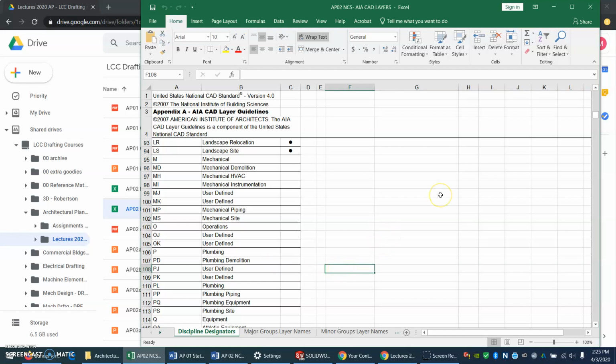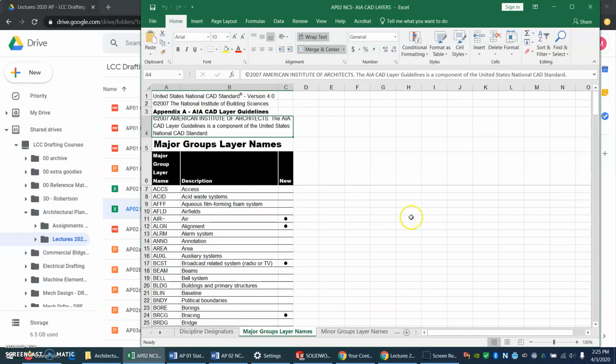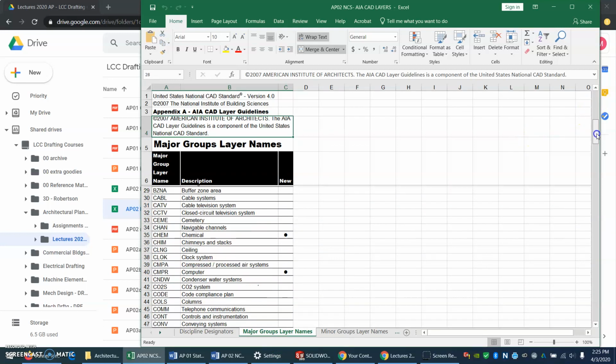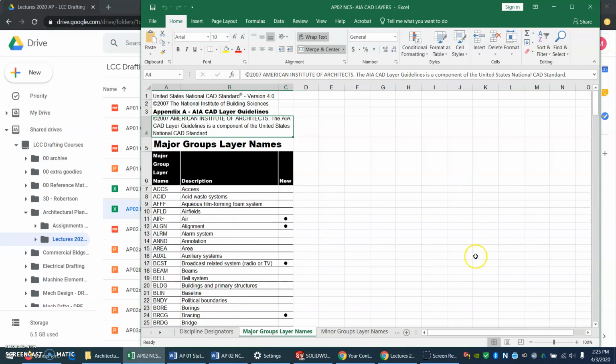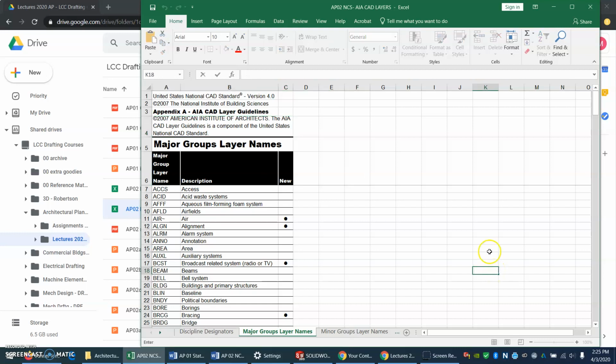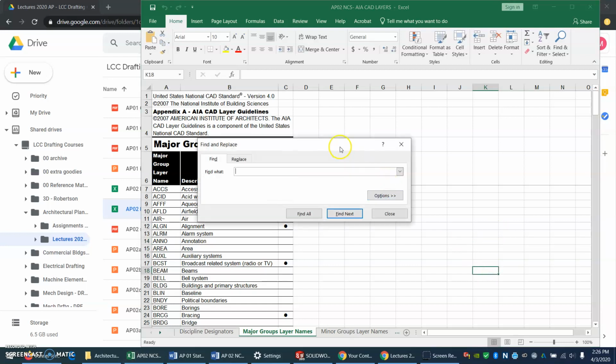Then if you want to look for what is the major group, is this a wall? Is this a door? What do I call it? Here's the major group, and this is a big old long list too. It just goes forever. May I suggest that if you know the name of a thing but you're not sure what it might be called in this list, you use the keyboard shortcut Control F. So hold the Control key and press the F key, F for find,